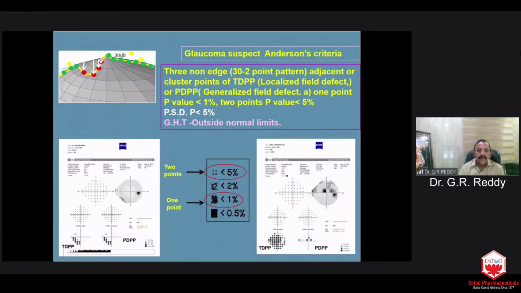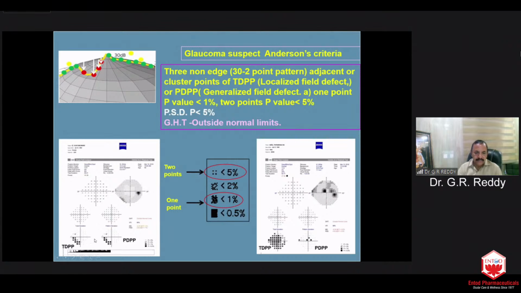So when a field defect is seen, it has to fulfill certain criteria, what we call Anderson's criteria, to be labeled as glaucoma. The field defect should have a minimum of 3 points. 1 point will have a p-value less than 1%, and 2 points will have a p-value less than 0.5%. And they should be in the pathway of the retinal nerve fiber layer,